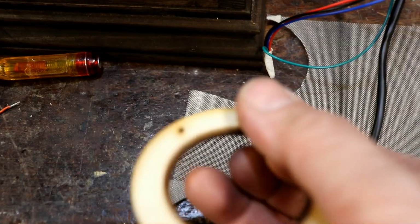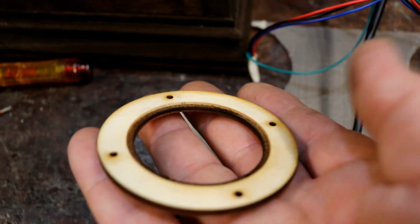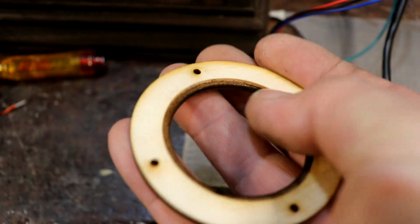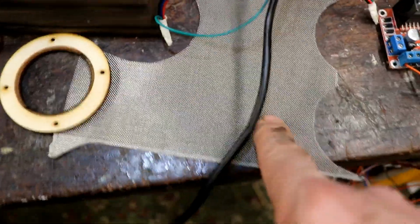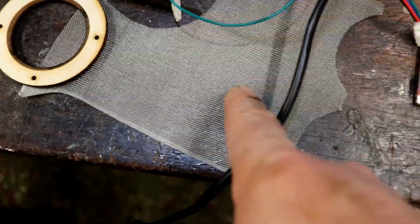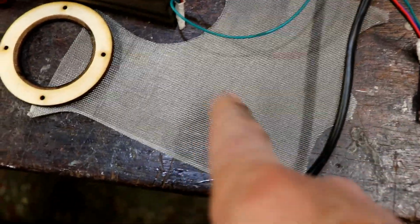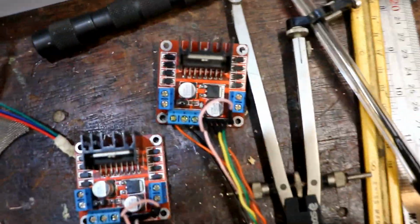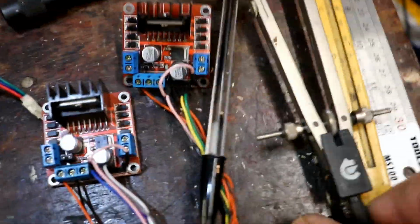And I thought I would focus, engrave it. So I engraved it at lower power, and it's just got a lovely little rebate there. Perfect. Now I'm going to cut this out, and the best way to cut that out is to put some masking tape on it, and then to use a pair of snips just to cut round it, and hopefully that'll then fit in there. 48mm diameter,